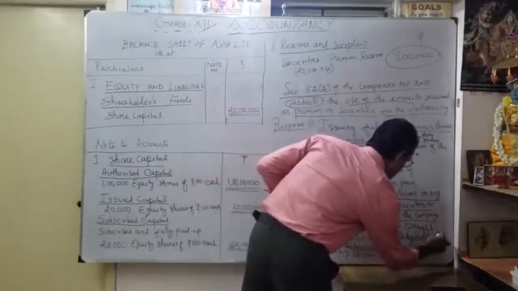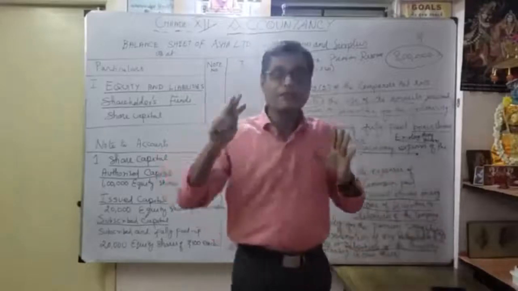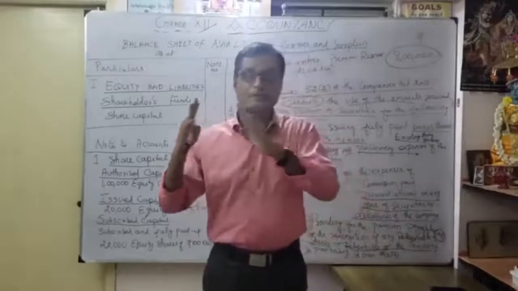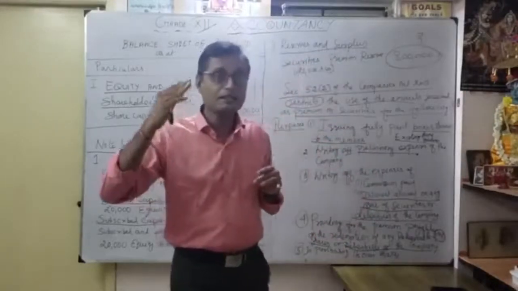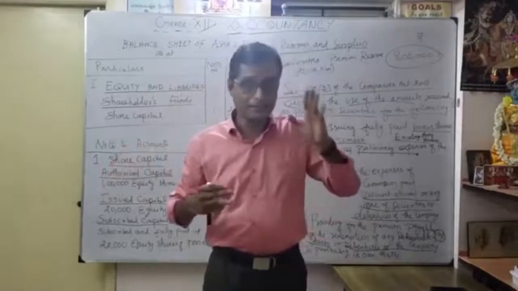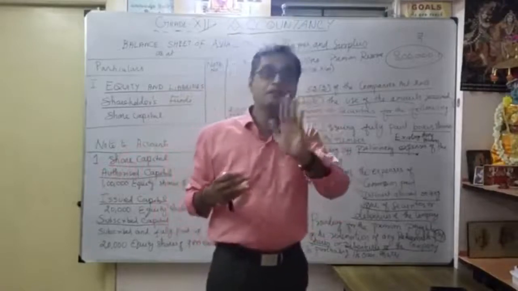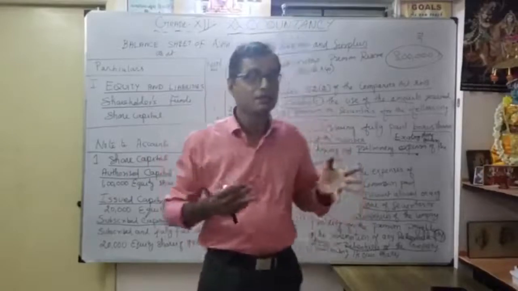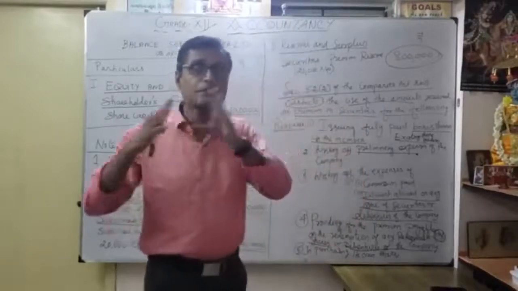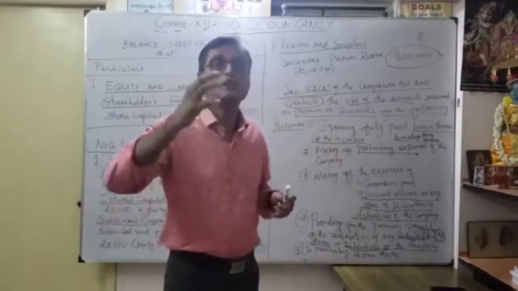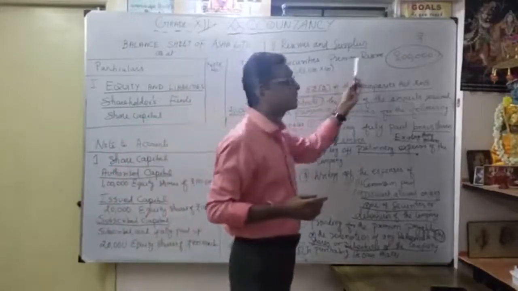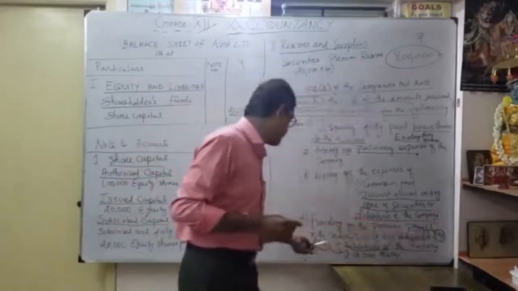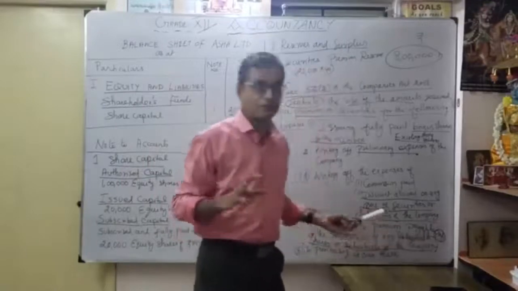Redeemable preference shares: you already know we discussed the classification. Equity shares are repaid only at the time of winding up. But preference shares come under redeemable preference shares and irredeemable preference shares. Whenever redeemable preference shares of 100 rupees are redeemed, suppose you want to repay 120, the 20 rupees you adjust with the help of the securities premium reserve. That is what they are mentioning: redemption of any redeemable preference shares or debentures of the company. That's the fourth purpose.